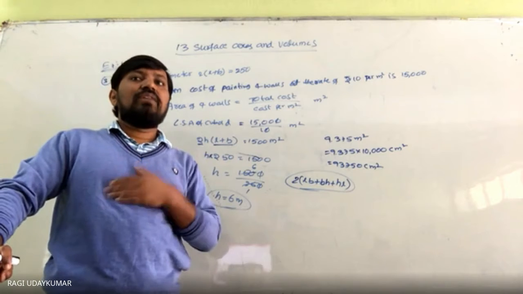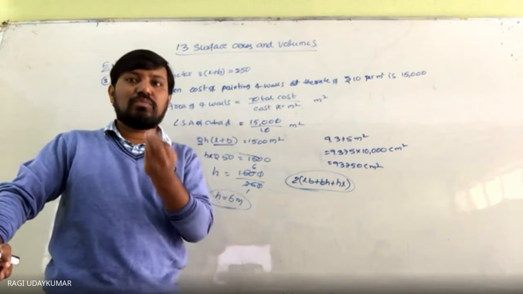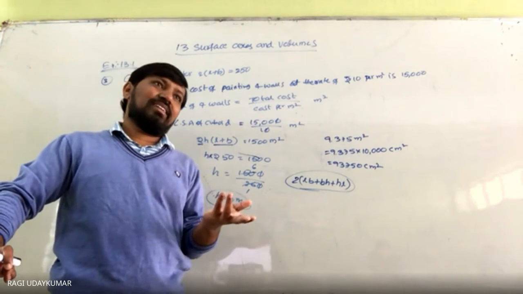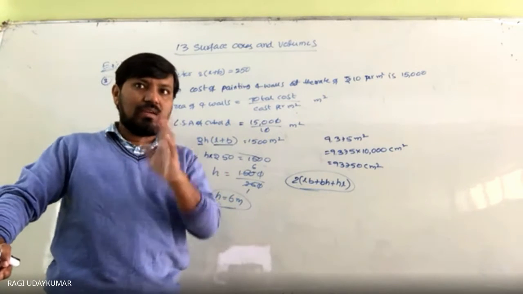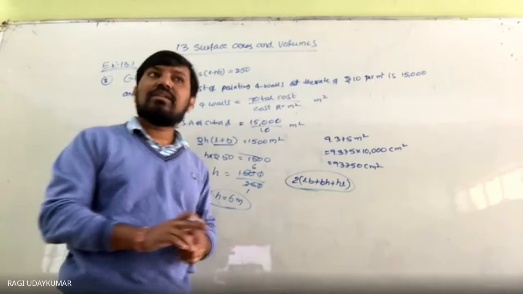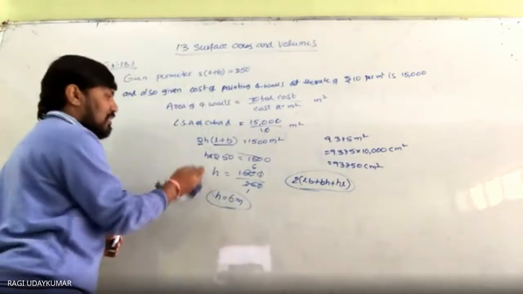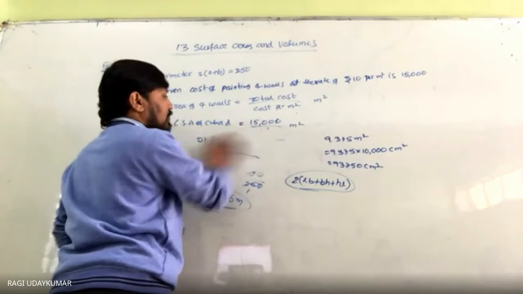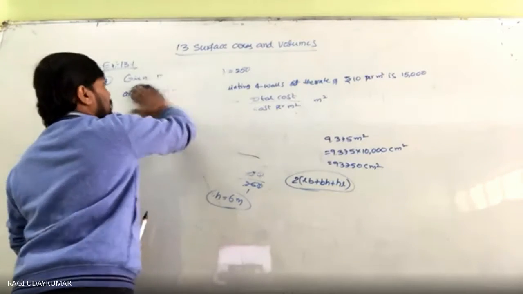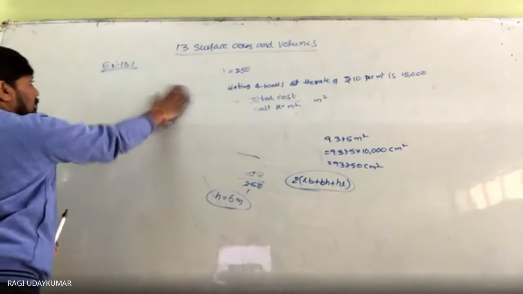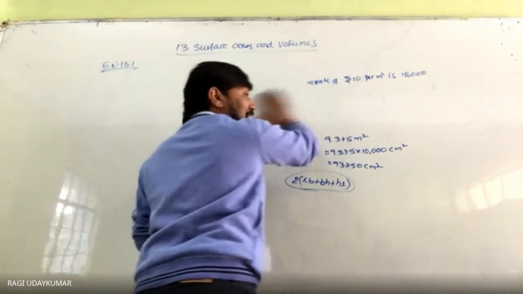L, B, H is given. Which box has a greater surface area, which has a lower surface area, meaning a smaller surface area, and by how much? Just the areas you have to find out. So what is the total surface area? Sorry, it is asking for the lateral surface area. What is the lateral surface area of the cube? Anyone know? What is the lateral surface area formula of the cube? 4a square. Lateral surface area of the cube is 4a square. Total surface area of the cube is 6a square.